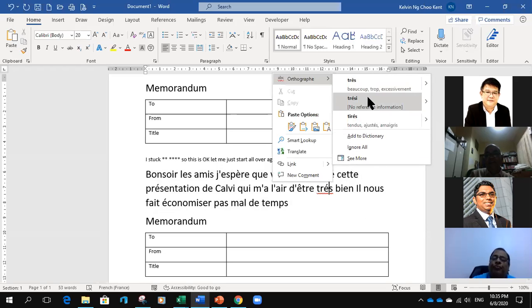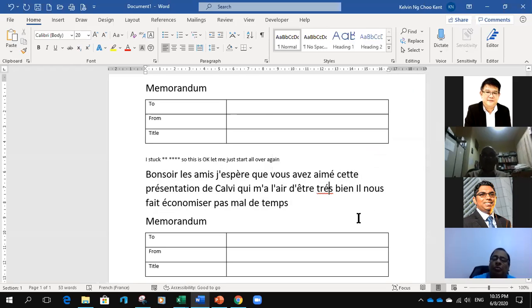Accent grave. So this is where you need to do some touch-ups in the document. It will not give you 100% accuracy. However, that really saves your time trying to get this kind of characters in. But what it does, which is very good, Kelvin, is that it underlines in red what needs to be corrected.